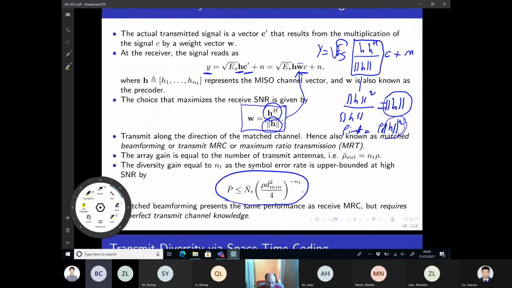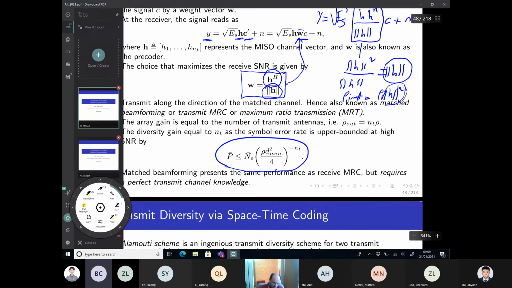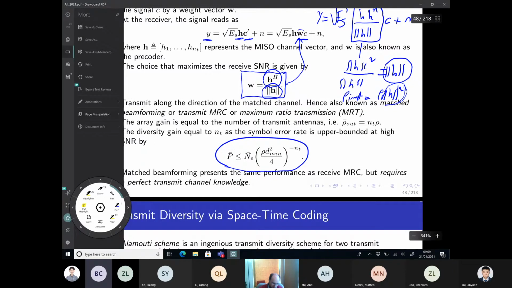Now, one important aspect you have to keep in mind is that to design your W, you need to know h at the transmitter. This is what you call channel state information at the transmitter. So your h is the channel state information, and you know this at the transmitter. In practice, this is more complicated than MRC for the simple reason that